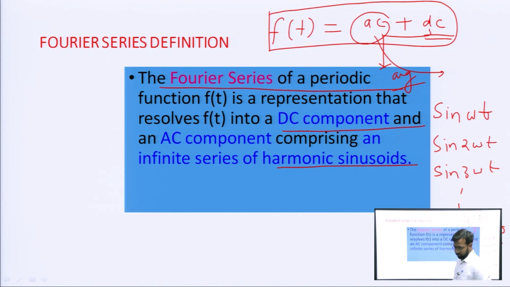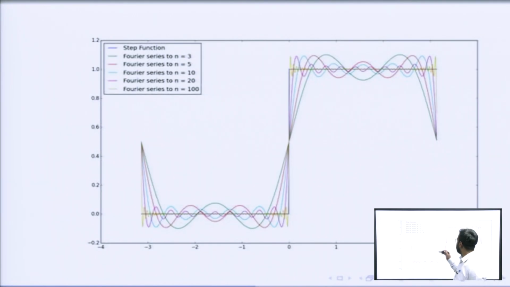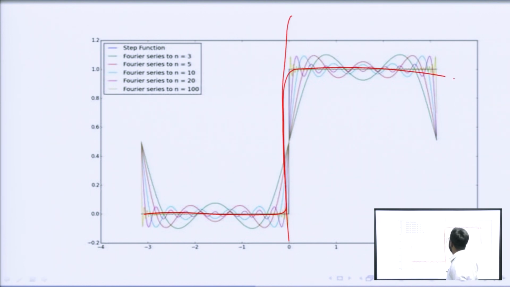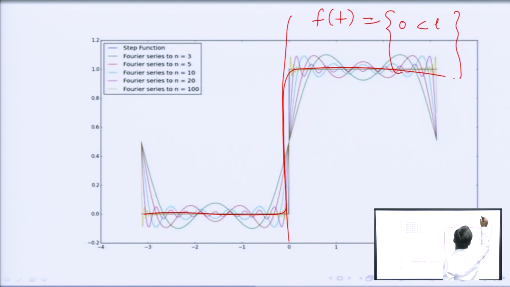Okay. Now, see, there was one basic signal, suppose a unit step signal. What is a unit step signal? A unit step signal has a value of 0 before t equals 0. If I have to represent this signal in mathematical form, we can write f(t) equals 0 for t less than 0 and 1 for t greater than 0. So, this is basically a unit step signal.